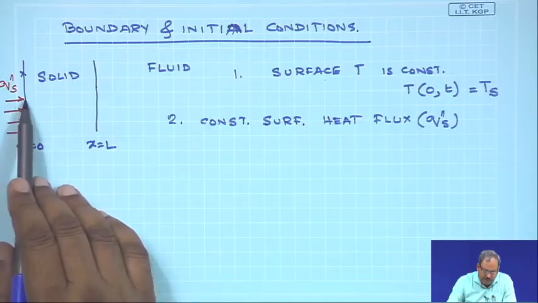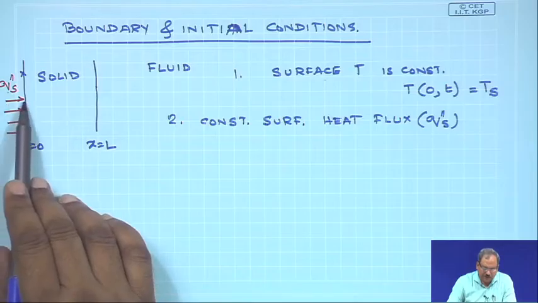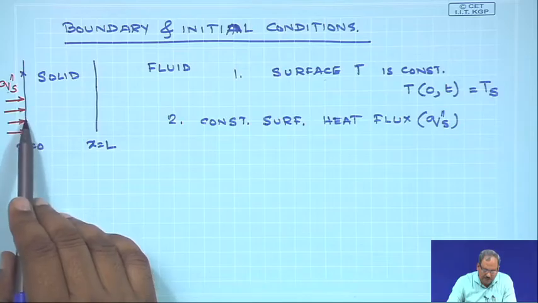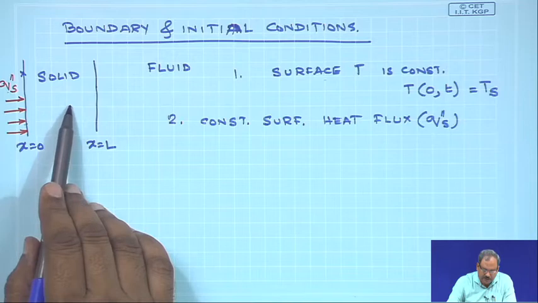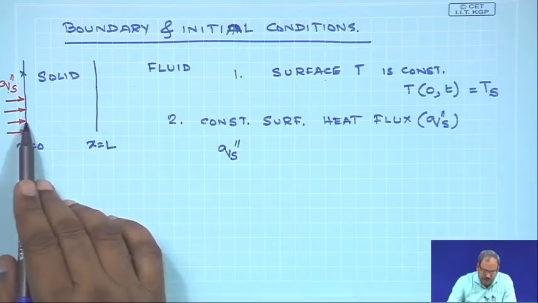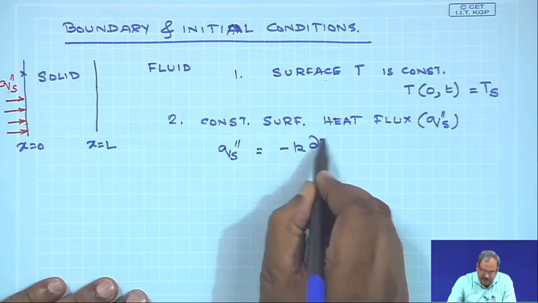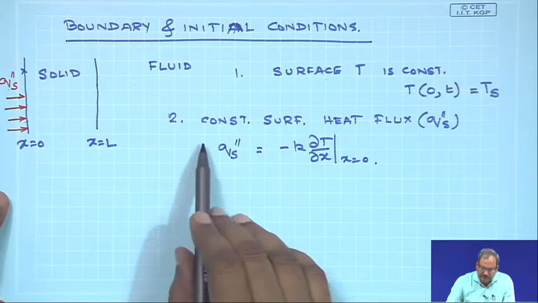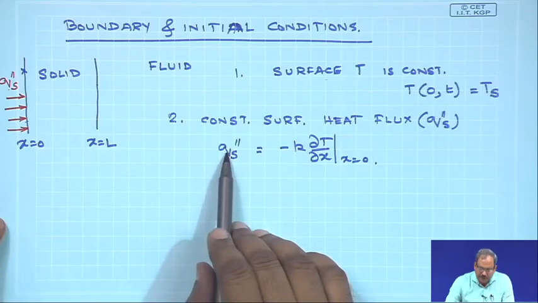Now, when this heat comes to the solid, this could be a heater, or some sort of radiation which is falling on the surface and getting absorbed. Once it gets absorbed, delivered at x equals 0, the heat then travels through the solid by a conduction process. So, Q S double prime, which is the heat flux at x equals 0, must be equal to minus k del T del x at x equals 0. So, this is the second type of boundary condition which you may see,